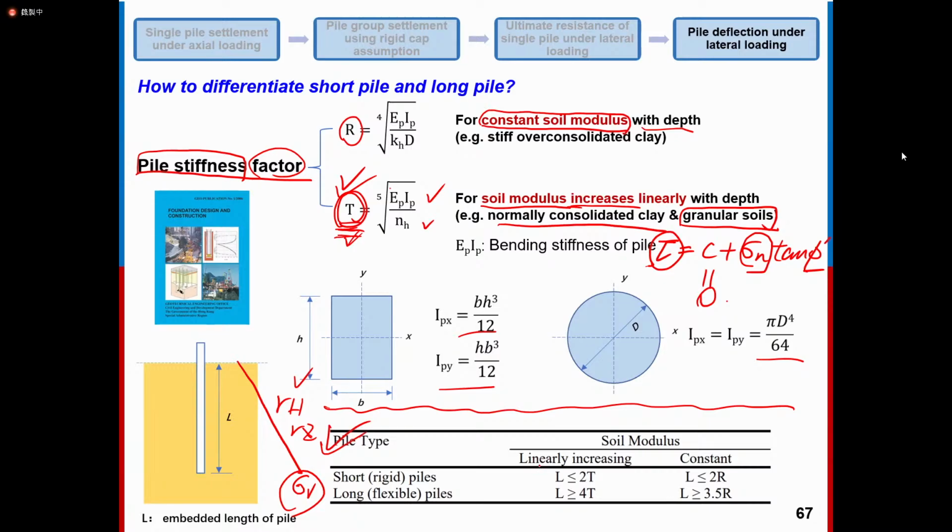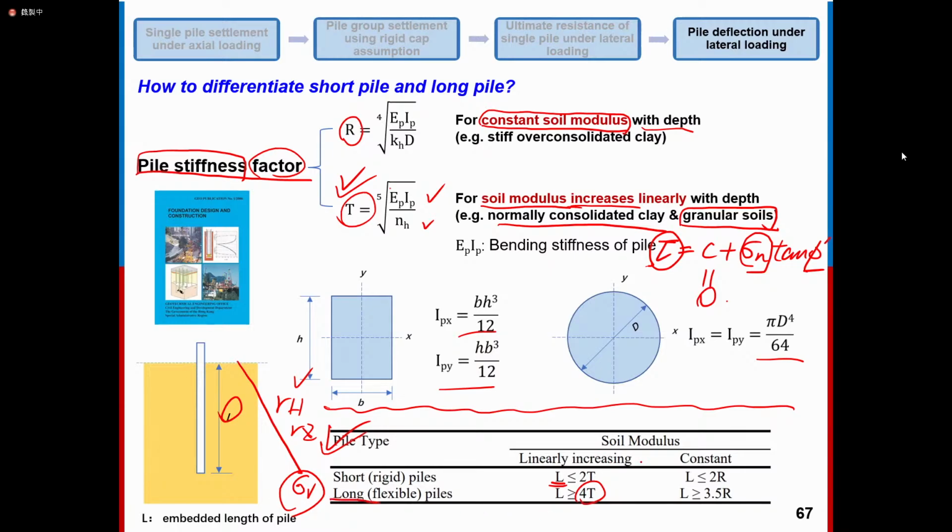When L, the embedded length of the pile, is smaller than or equal to 2T, 2 times the characteristic factor, we can regard the pile as a short pile. But for L larger than or equal to 4T, 4 times T, it can be regarded